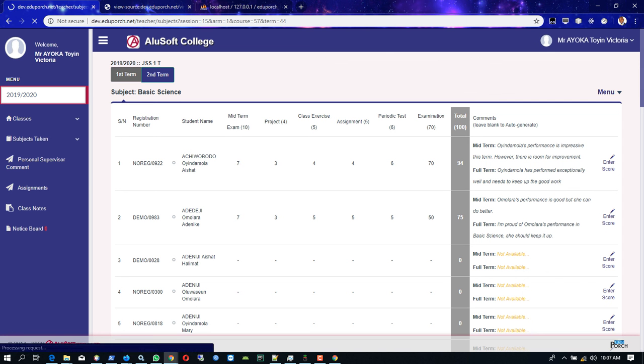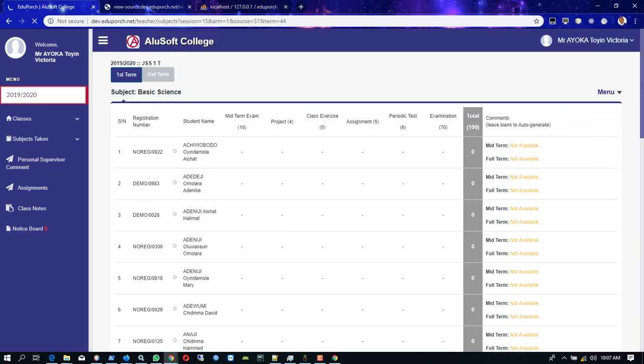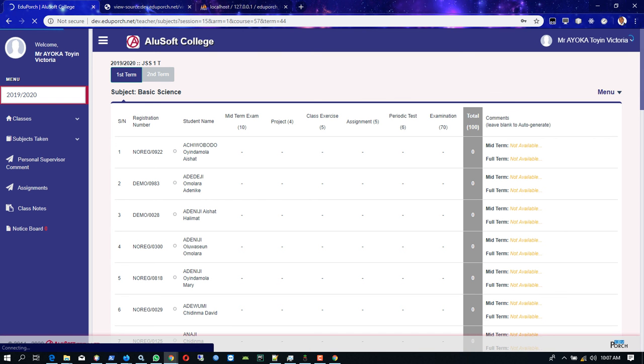You can switch to previous term in case a teacher did not record for the previous term or a mistake is to be corrected. Previous term recording of score is automatically disabled until it is allowed by the admin, whereby the enter score button will be available here. Now, apart from other things a subject teacher can do, a subject teacher can give assignment